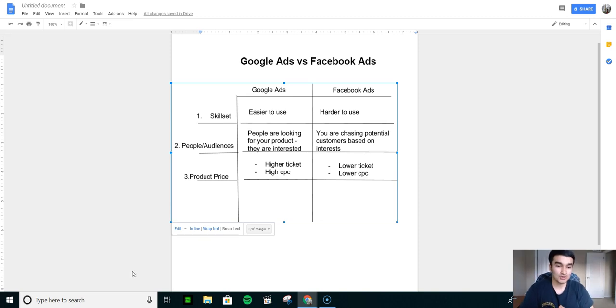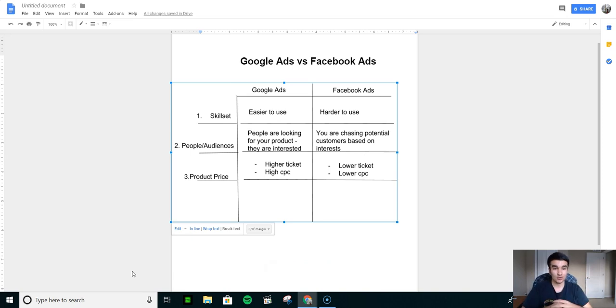Last thing I want to talk about is the scalability. On Facebook ads, you can literally scale your products and ads to the moon. You can literally take it up to 20K, 30K, 40K a day, right? I've seen people do it all the time, but I have not seen a lot of people do it with Google. I've scaled my products. The most I had done with Google ads is $10,000, but the search volume was really high, right?